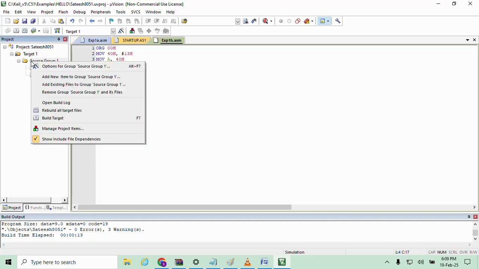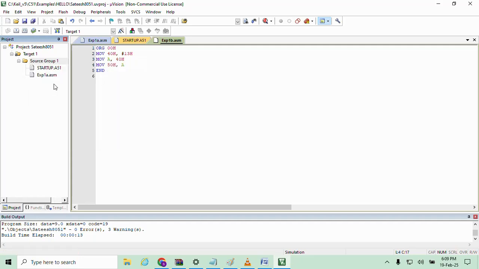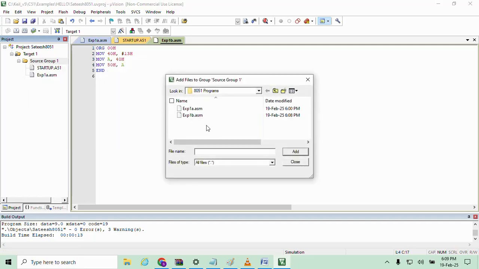Go to the source group in the project window and right click on it. Just look here, earlier there were no such options when you right clicked on the source group. Now there are many options. Now I told you what the first step is: adding existing files to source group 1. I'm clicking on it, and I should choose